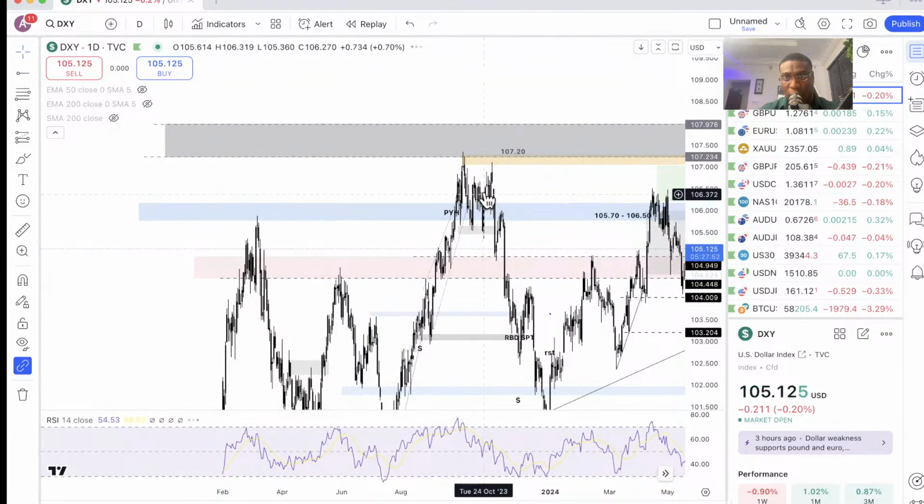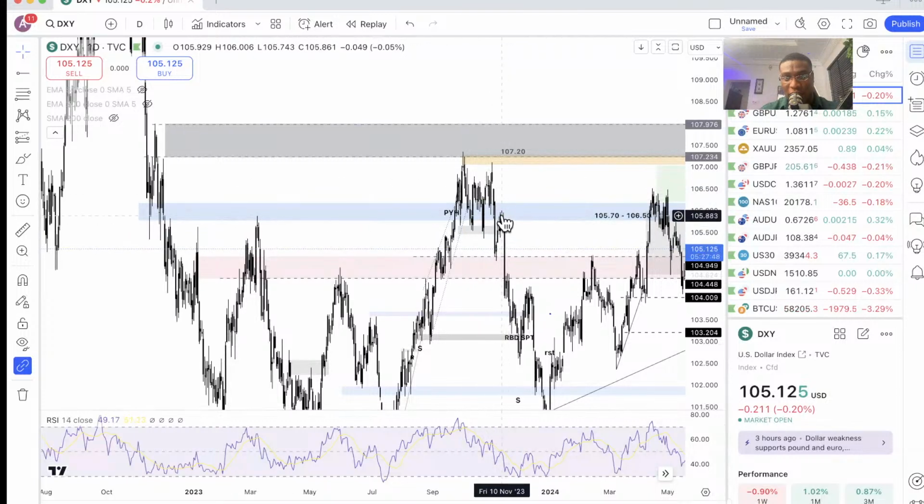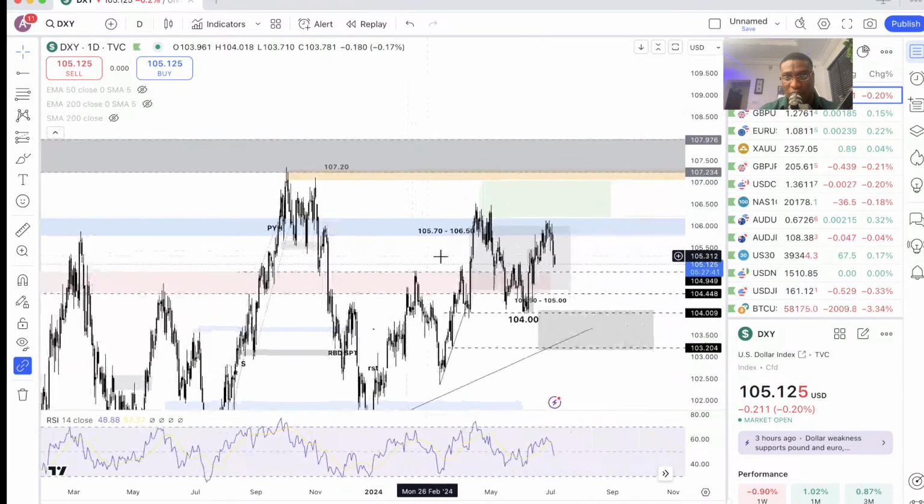And that's why when we broke above and came back down, the dollar index still came back up here to find resistance, right? It broke below support, found support at this level, broke below that, and came back up here to find resistance, resistance, resistance. So obviously we're rebounding from that.